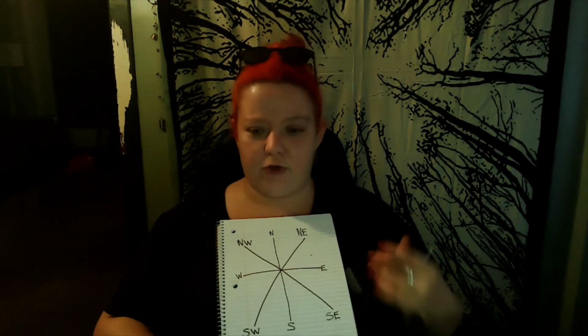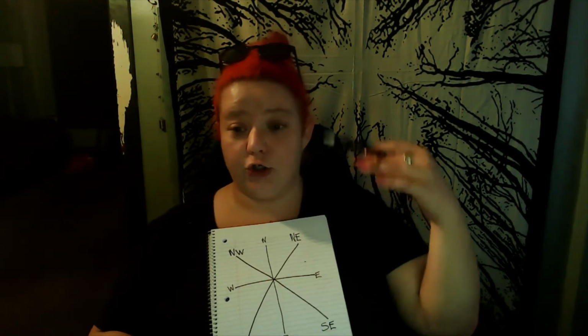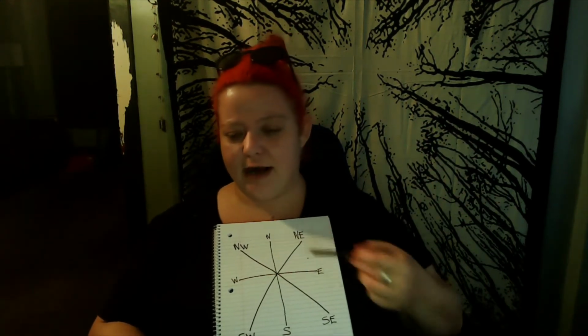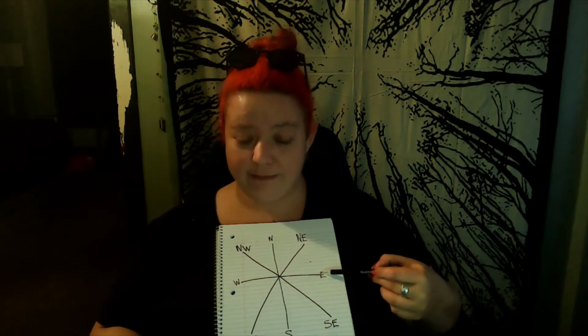Now, what are the in-betweens? The in-betweens is when you take 2 elements or 2 directions, and let's say they basically had a child, right? So this child has both attributes of earth and air, okay? So imagine having a family gathering, okay? And north, south, east, and west, those are the parents, right? And the in-betweens are like the children that were brought from the pairing of those two elements. So let's go ahead and go on.